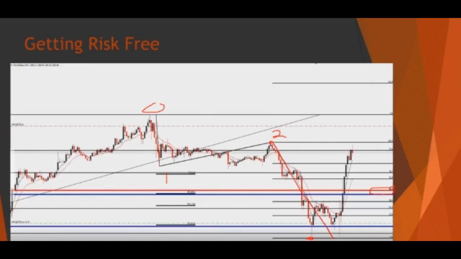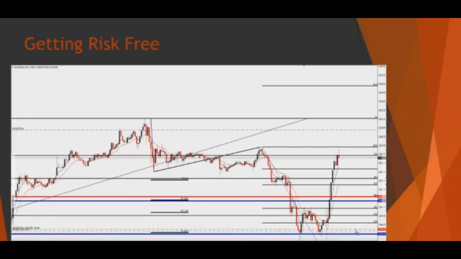Once the market even wicks that point, and by wicking, we've taught you of that little wick that it throws. Once it's done that, that's when we get risk-free. So you see right now it says buy, just a green line. Once I see that wick has hit,